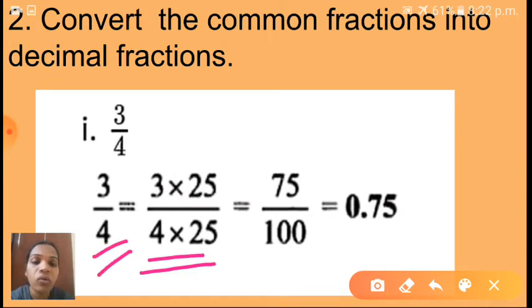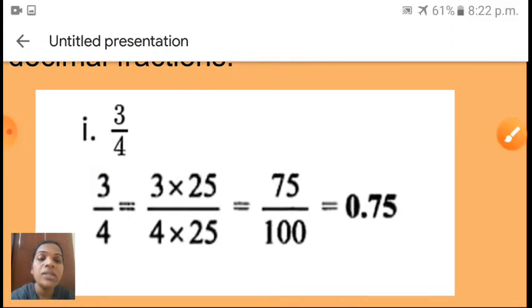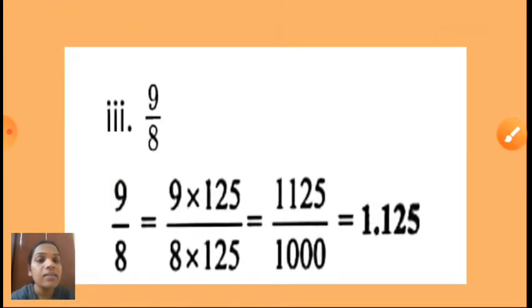Yes. See why I am giving this step. Here 3 upon 4. So here in the denominator we want 10 or 100 or 1000, like that number. Isn't it? So this 4 you have to convert into 10 or 100. So here in fourth table, 10 will not come as a multiple, but 100 will come. That's why here we have to multiply with 25, and the numerator also we have to multiply with that same number. I hope you understood this one. Shall we go to next one? Yes. See here, second question, that is your homework.